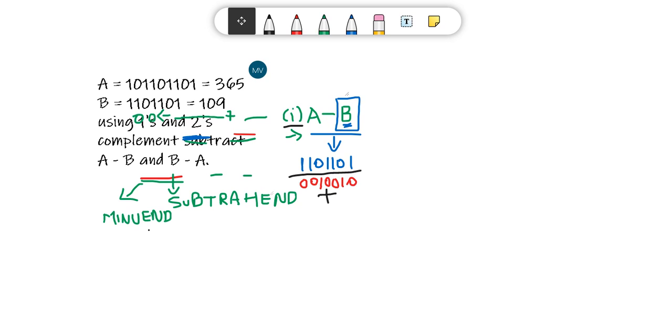So this is my number. What do I get? I'm going to do binary addition. What do I get when I do the binary addition?